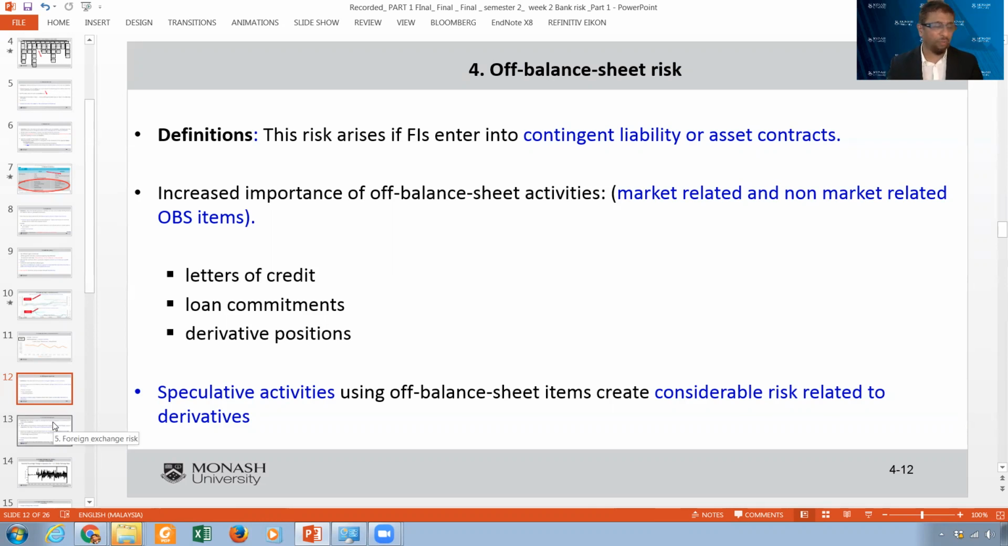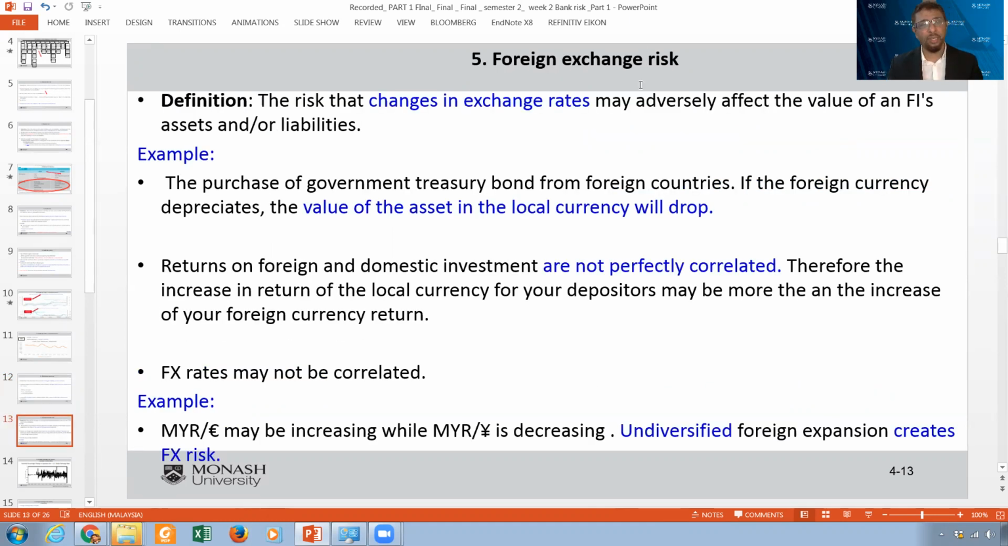We just speculate on the prices of anything, and we can make contracts. Now, foreign exchange contract is another good example. And actually, the definition of foreign exchange risk is the risk that changes in the exchange rate negatively affect the value of financial institution assets or liabilities. This is an example. If you purchase a government treasury bond from a foreign country, and the foreign country depreciates, the value of the assets in the local currency